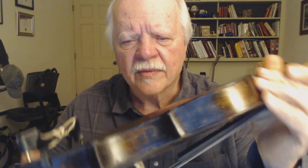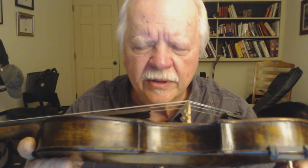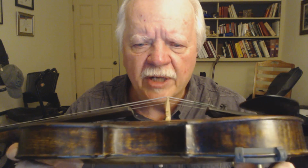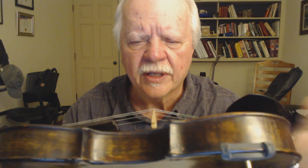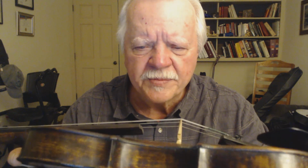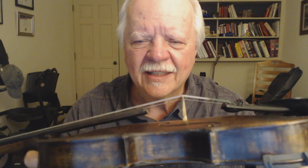So I rebuilt the ribs on this side. This is the bass side. Turn it upside down. The lower bout, the middle bout, the upper bout ribs. I rebuilt, took those ribs completely off, the ones that were torn into, and kind of had to modify the corner blocks and the end blocks, tail block, neck block, and the linings, and kind of build the fiddle back in reverse, which was quite a challenge, but I did it,